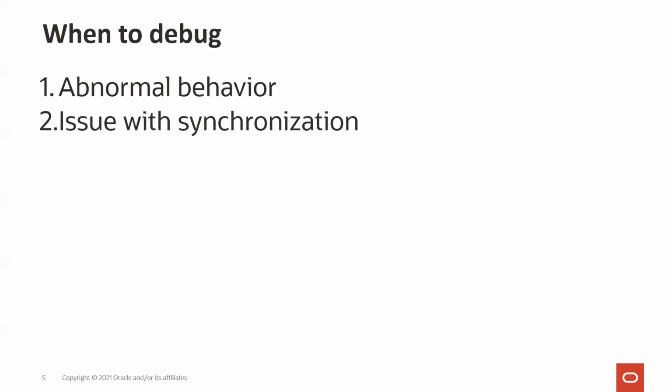The second issue could be related to threads. If there are multiple threads involved, doing a lot of synchronization, and something goes wrong, for example, if there is a producer and consumers, and the producer keeps on producing items before the consumer is consuming them, that is when synchronization comes into the picture. Though it looks like a very simple problem, if you have a multi-threaded application where thousands of threads are getting created and they need to be in proper sync, otherwise things may go very badly wrong, and this may lead to a lot of issues. In such issues also we need to debug and find out what's going on.